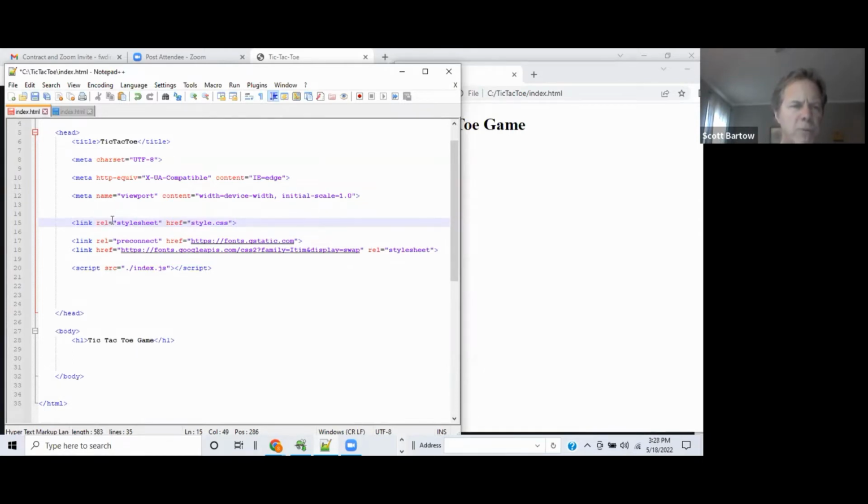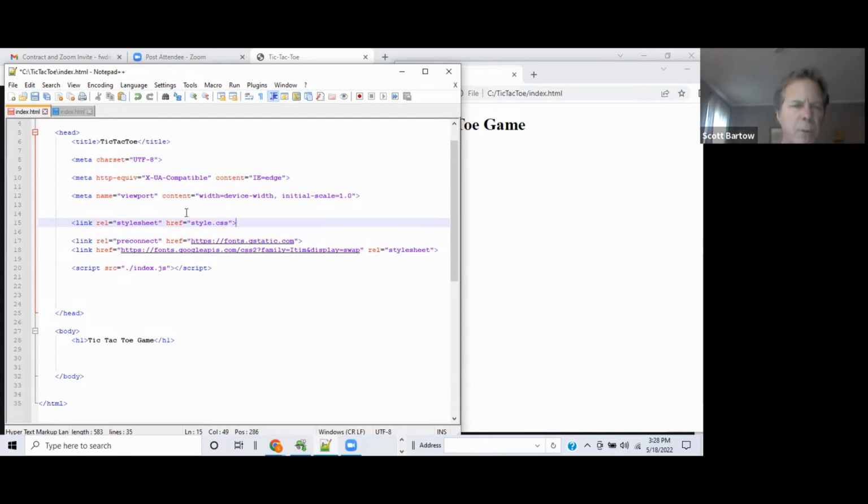So rel equals double quote stylesheet double quote space href equals double quote style.css double quote. And basically this is going to link out to our CSS file that we're going to create